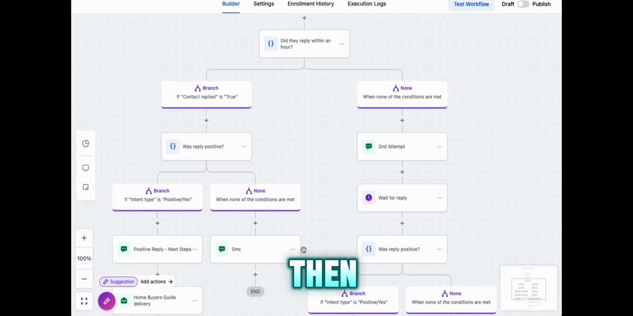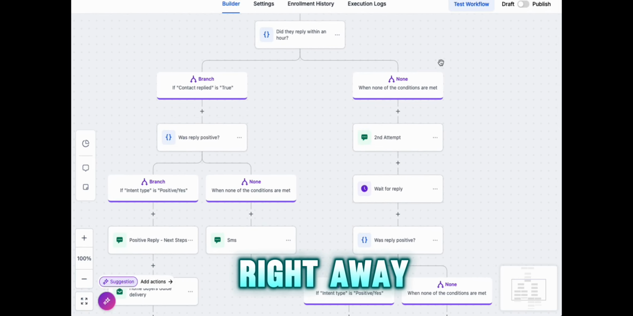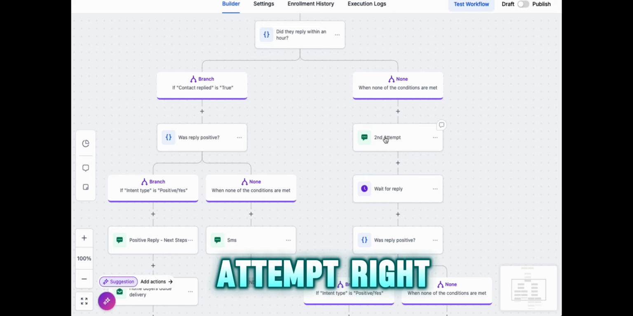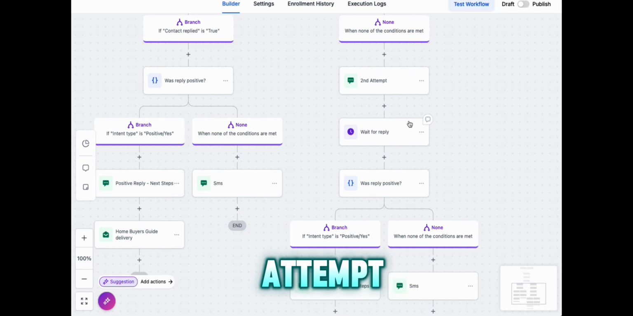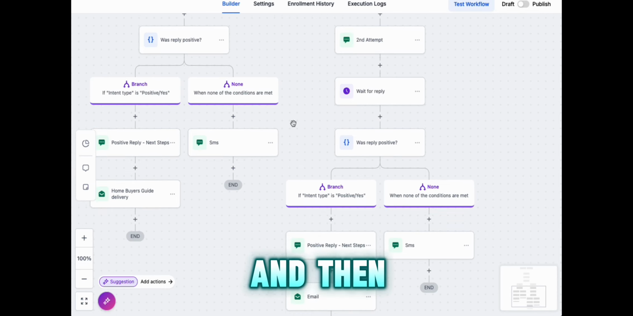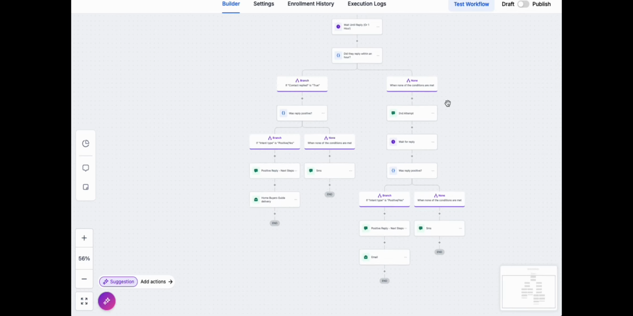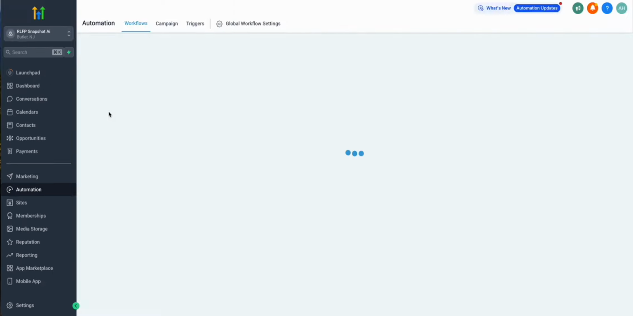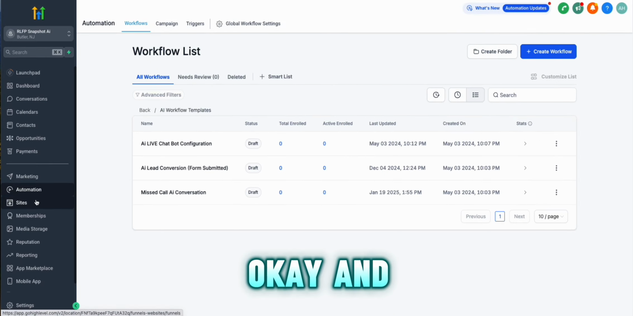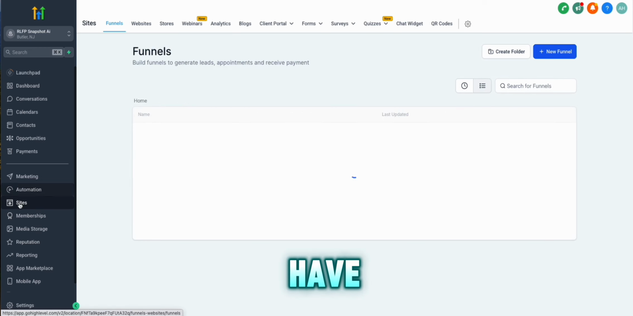Okay, and then if they don't reply right away, you make a second attempt right here. Don't just drop the ball. We make another attempt, wait for a reply, and then do the same thing that we did here. We do it down here. Okay, and we also have